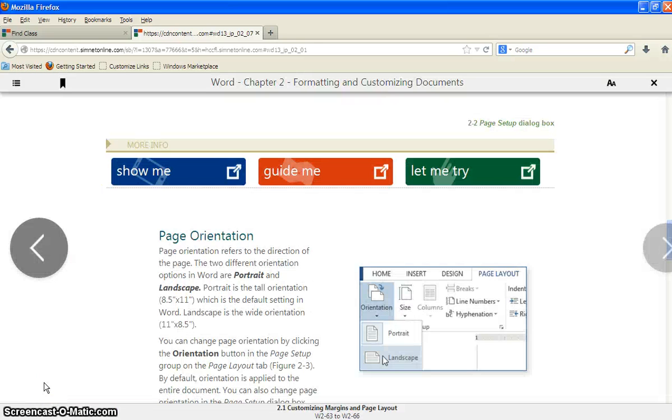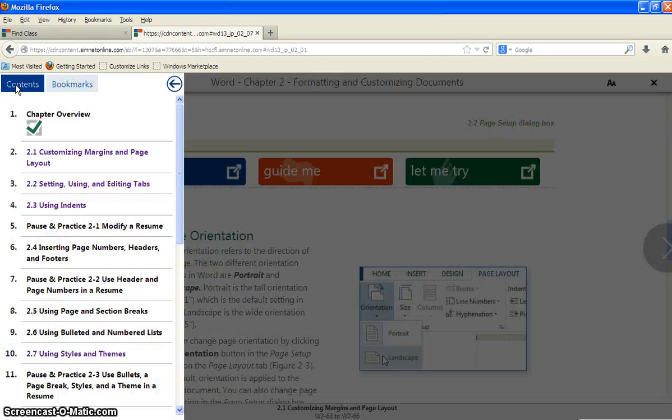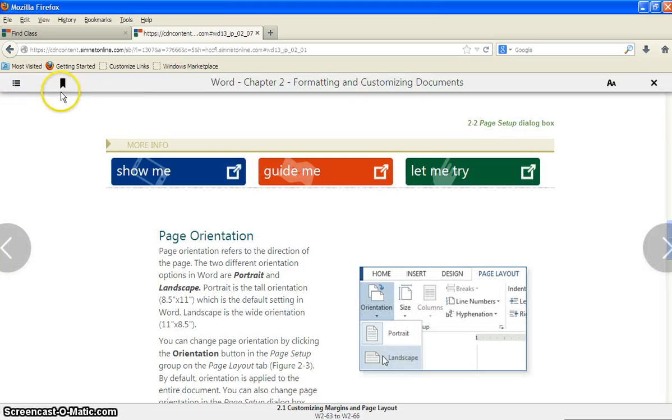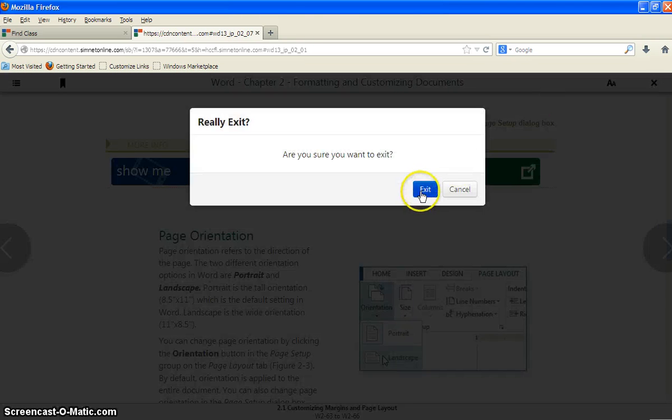At any time in the SIMbook, you can click on the table of contents icon up here on the left, and see exactly the other tasks that you will need to accomplish. You can choose to jump to them from this screen. You can also set your own bookmarks for pages or for items that you want to reinforce. And as I said before, to exit the SIMbook, you would just click the X in the upper right-hand corner,